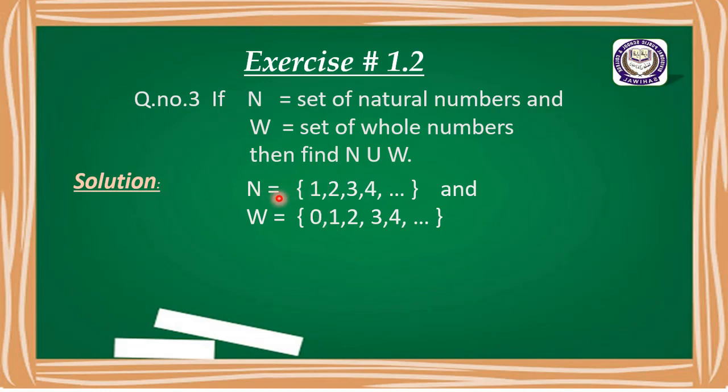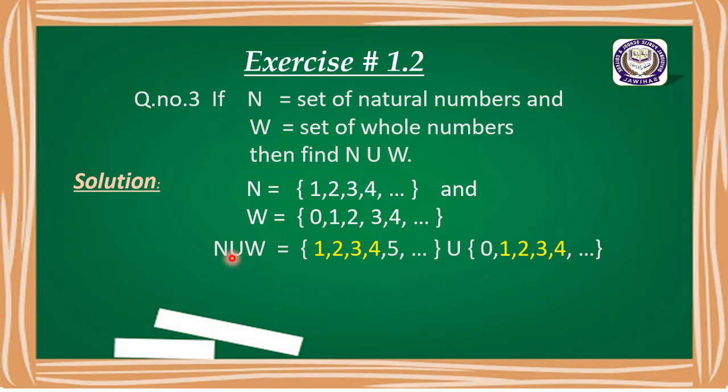So we have N, a set which consists of numbers starting from 1, and W is a set which starts from 0, and 0 together with the natural numbers is called the whole numbers. And we will first write down the sets, and then we will take the union of both the sets, meaning we will take the union of natural numbers and whole numbers. You can see here first we write the natural numbers, and here we have the set of natural numbers 1, 2, 3, 4, 5 and so on, and we take the union with the set of whole numbers 0,